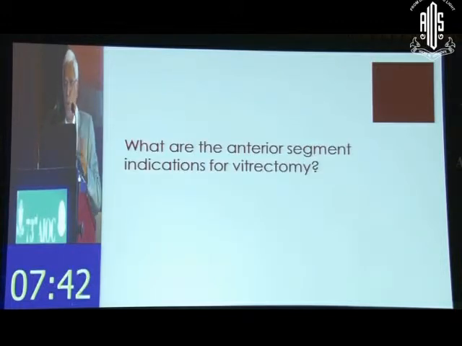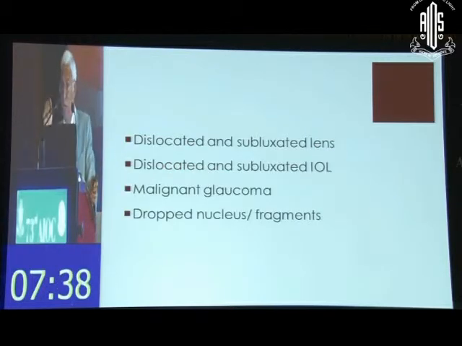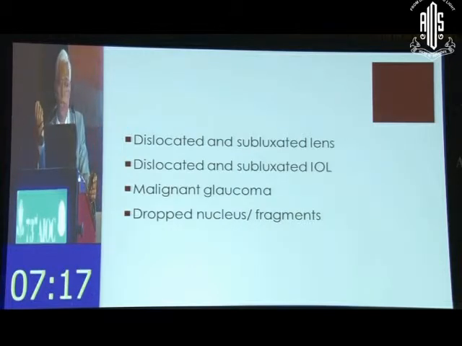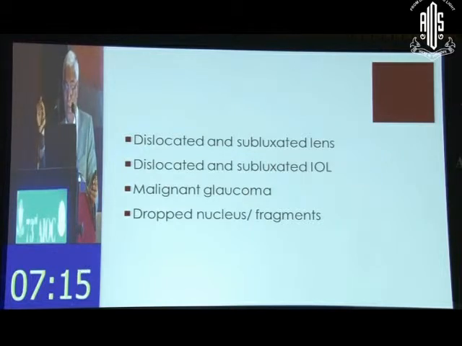We should also know about what are the anterior segment indications for vitrectomy. Some of them have been covered already, but just to re-emphasize, subluxed and dislocated lenses are eminently managed from behind rather than trying to struggle from in front and trying to put an ECR, and with the ECR the whole capsular bag falls into the vitreous cavity and then you go back fishing the whole thing out. So if it is significantly subluxed, best is to hand it over to the VR surgeon to handle it. Same way dislocated and subluxed IOLs.